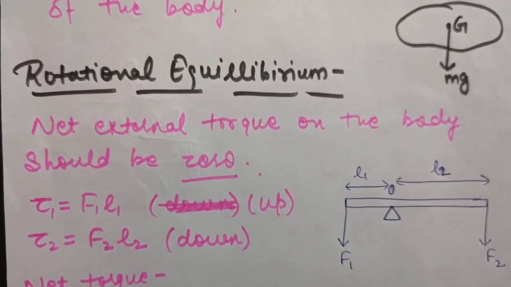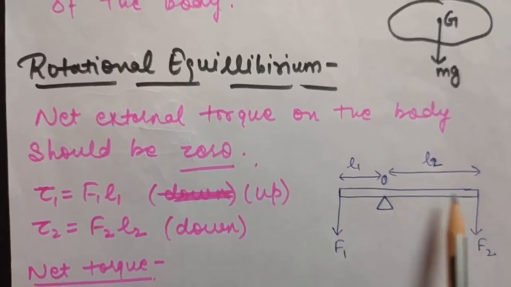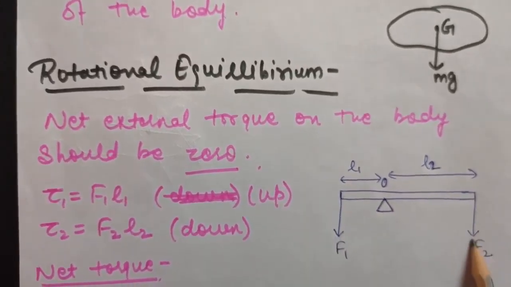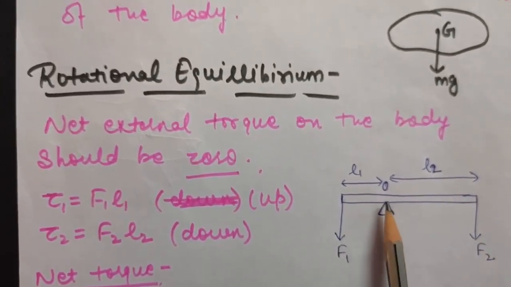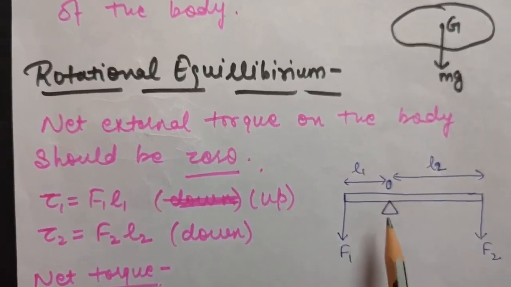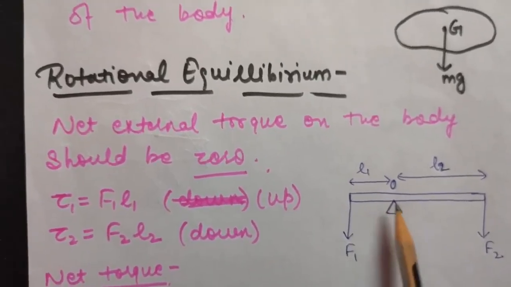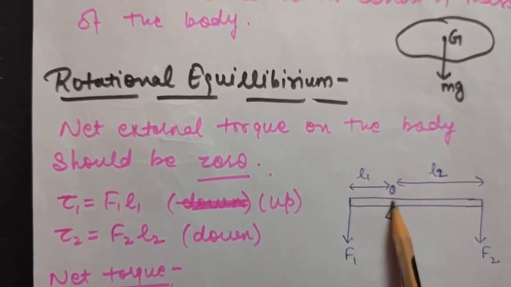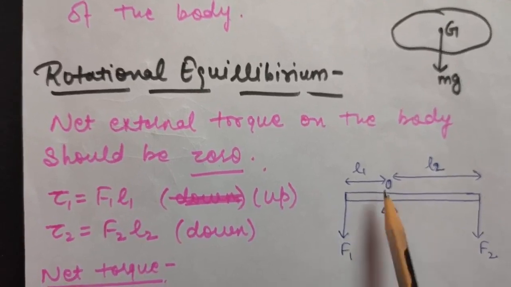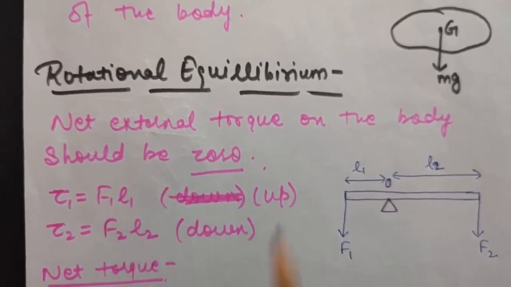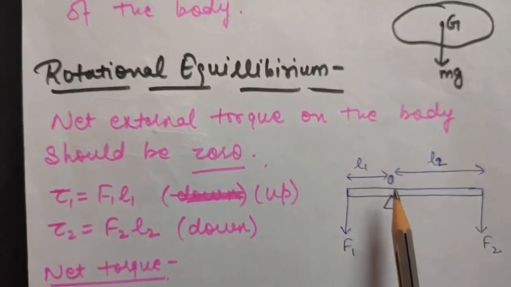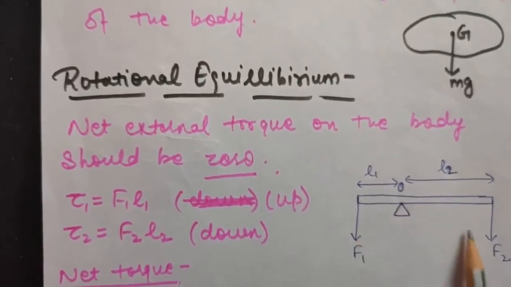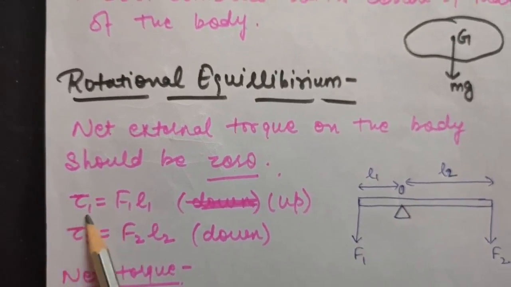Okay, for example, let us look at this. Suppose this is a rod, force F1 is applied like this and F2 is applied like this. And we want to calculate the rotational equilibrium about this point. That is, we want that at O it remains in rotational equilibrium. So that means at this point O, the net external torque should be 0. Now clearly see, the torque about this point O will be due to two forces, that is F1 and F2. So let us calculate torque 1 first.